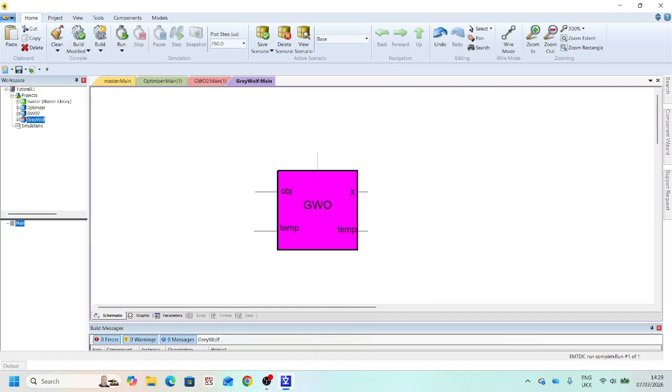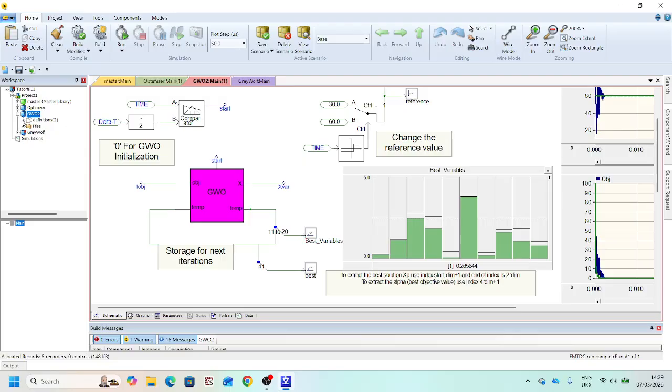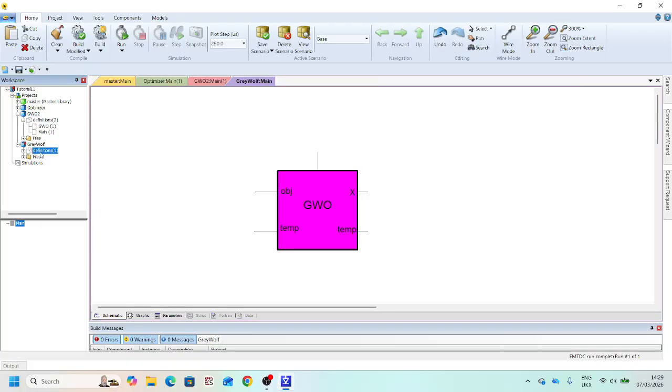So you should go there in the project, go to the definitions, and Grey-Wolf. Here you will find this Grey-Wolf. You need to copy this one, copy with dependents, and go to the new project, and at definitions make paste definitions. So now you will find your Grey-Wolf here in the new one,